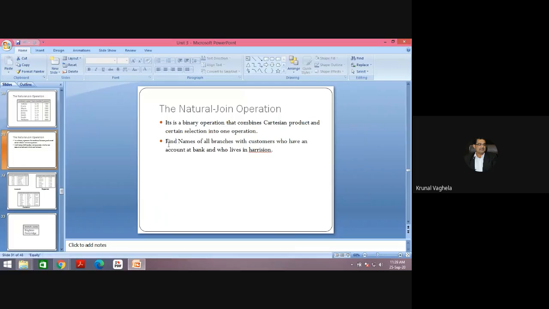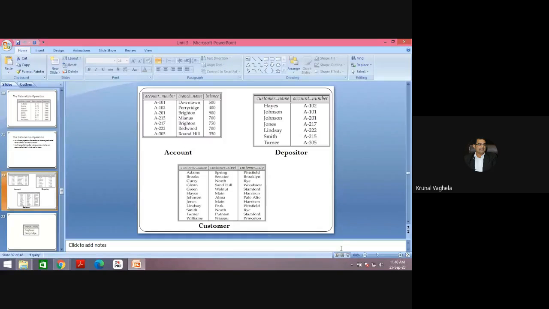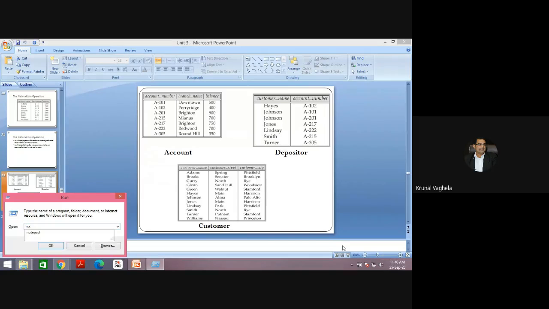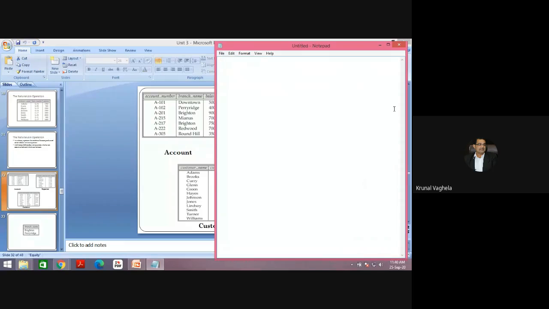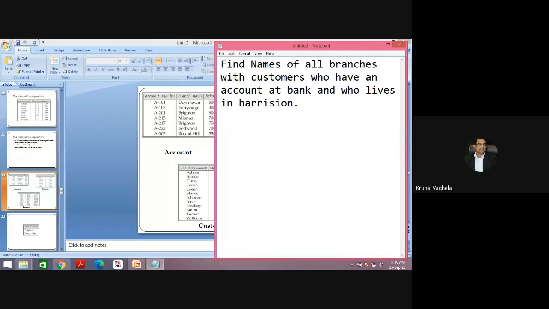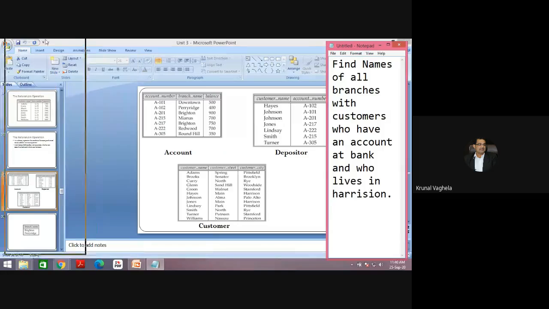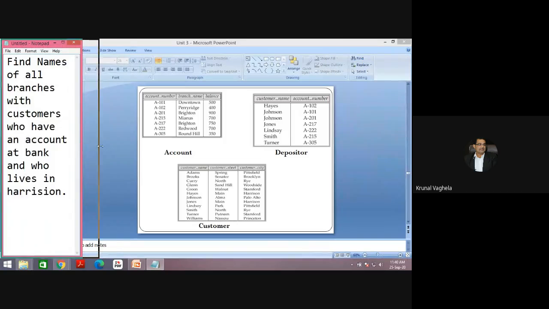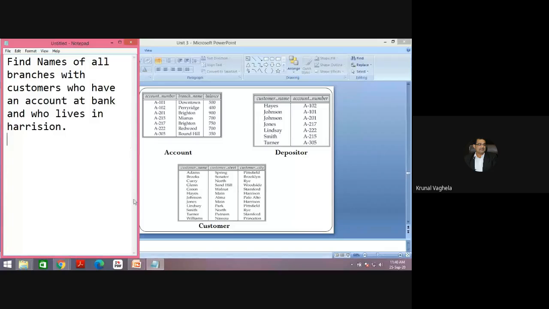Let me copy this first, so it will be easy for you. And these are the tables. Let me write in notepad. This is the query, and these are the tables.